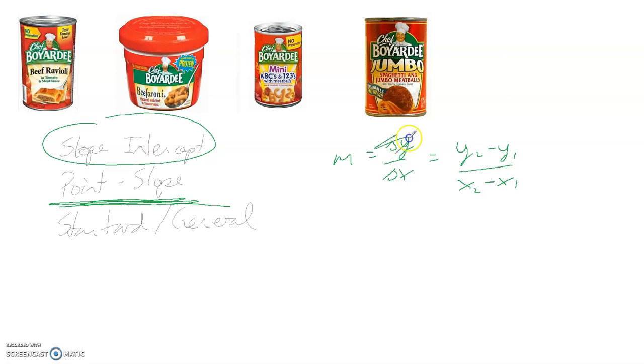And then let's just get rid of this middle part. If you then rearrange this a little bit, multiply both sides by the denominator, and you can put some brackets, some people like it in brackets. If I wanted to bring this to the other side, I can multiply both sides by x2 minus x1. I can take this and bring it up here to where the m is. So if I do that, I've got something like that.